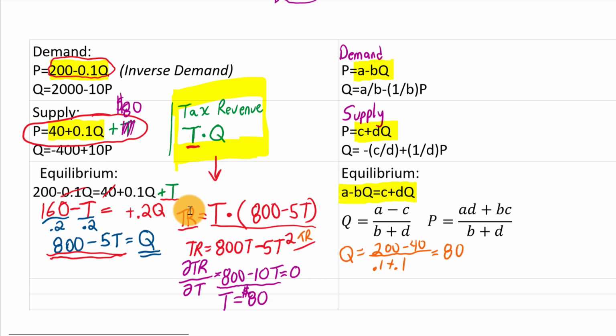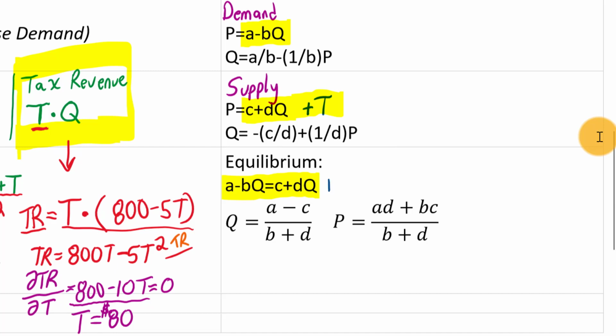So it's good to see how to use these equations when you have a particular example of a linear equation. But the oddly satisfying part is what happens when we solve this, including a tax. Let's add in a tax by doing precisely what we did over here on the left-hand side. We're going to add a letter T into supply, plus T. So T is the per unit tax. Let's highlight that, and then we're going to add that per unit tax into these two equations down here as well. And what happens whenever we solve this is we have an extra term.